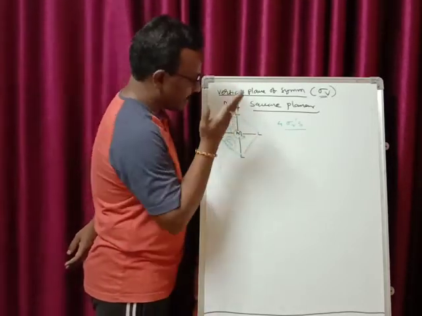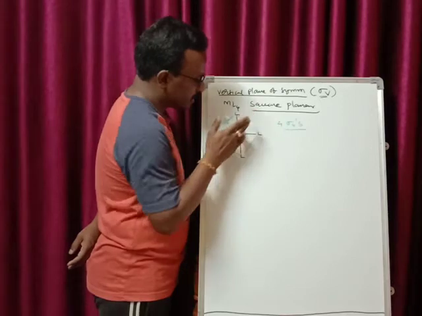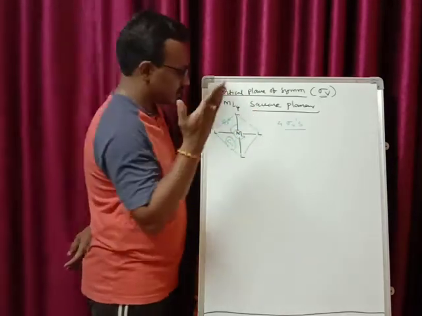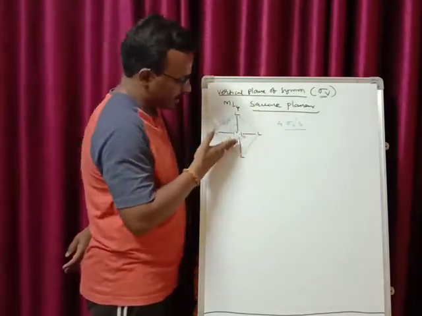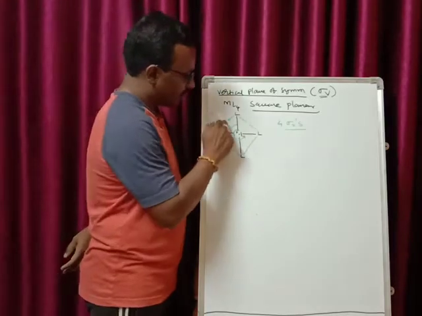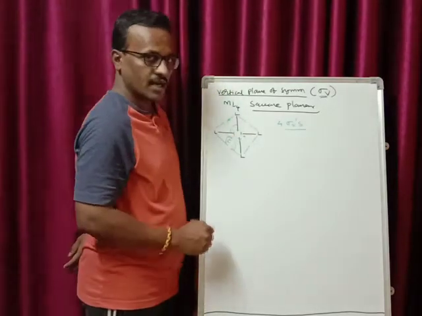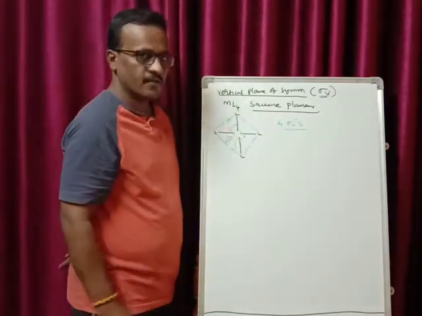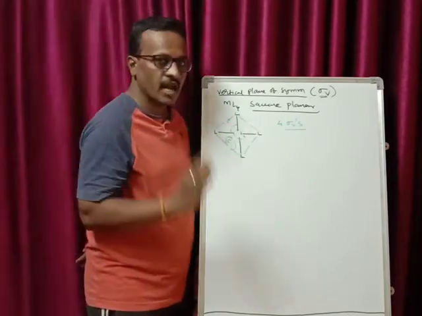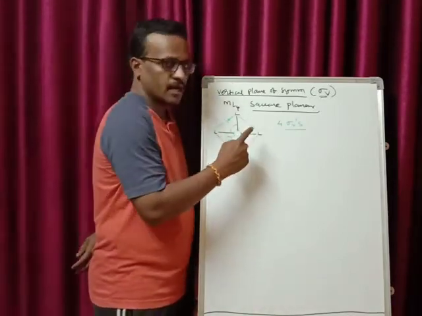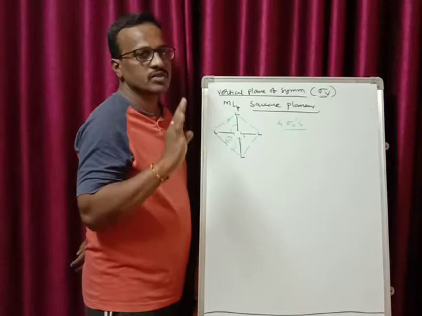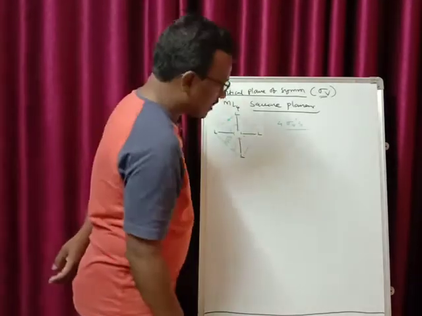Now each plane is passing like this, touching the center of the opposite edges. That is one plane, like this. If you cut it like this, you get two equal halves. If you cut it like this, you get two equal halves, the first half and the second half. Altogether, in case of your ML4 complexes, that is square planar complexes, you have 4 sigma v's. 2 sigma v's